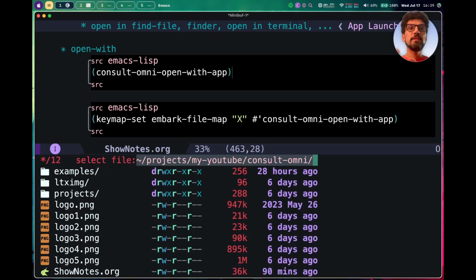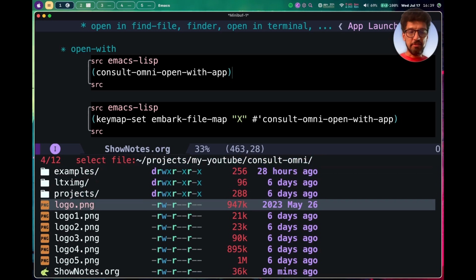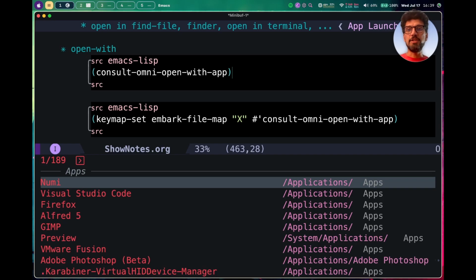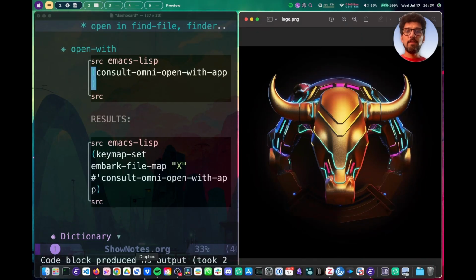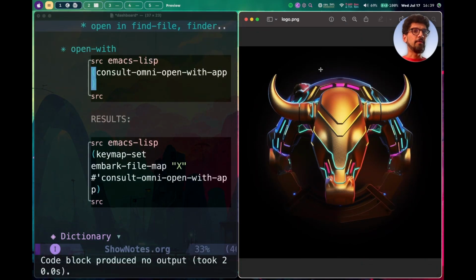If I just run this interactive command, it will ask me to select a file. So I'm going to say this one, maybe logo.png. And then it asks me to choose an app, using consult-omni apps, to open that file with. Since this was an image file, maybe we can do Preview here. And then you can see that it opens that file in